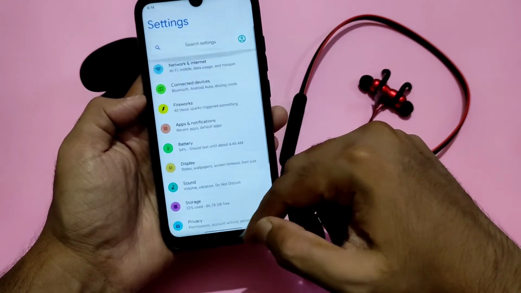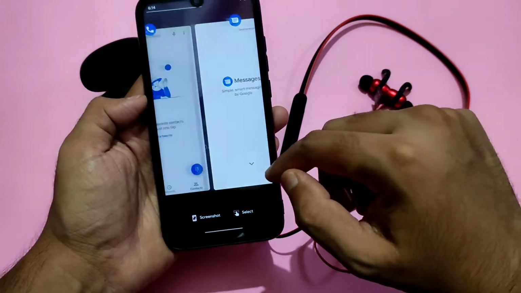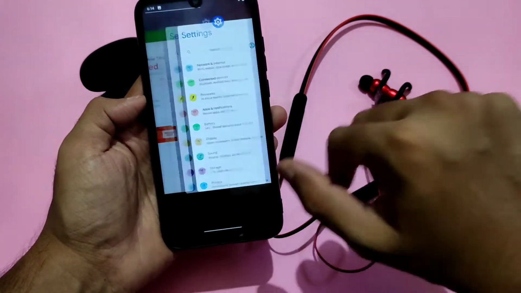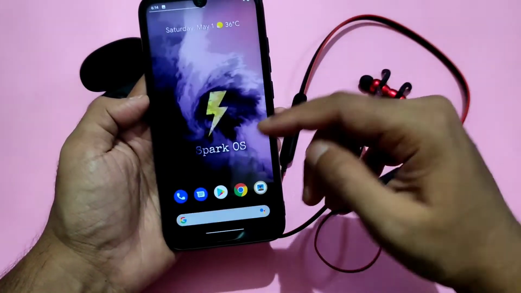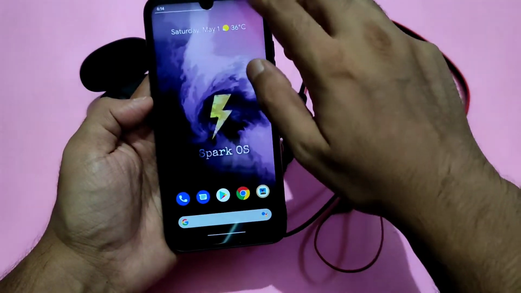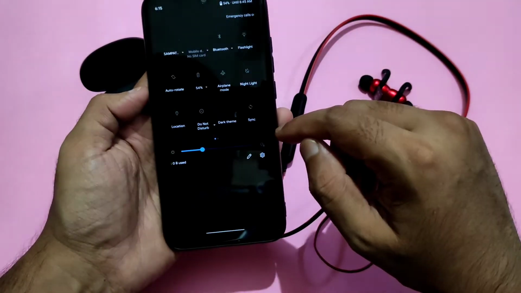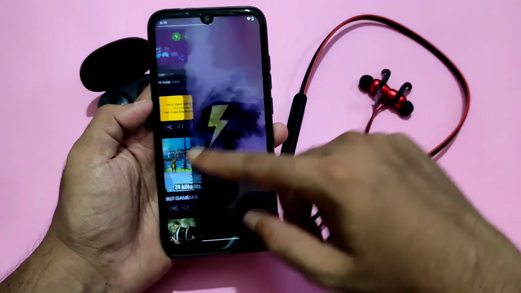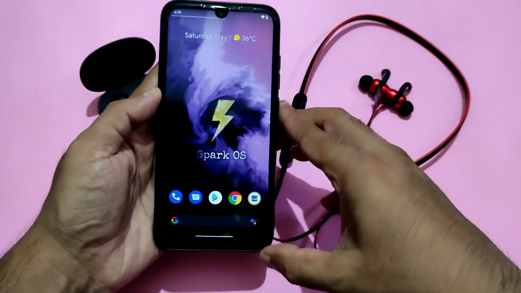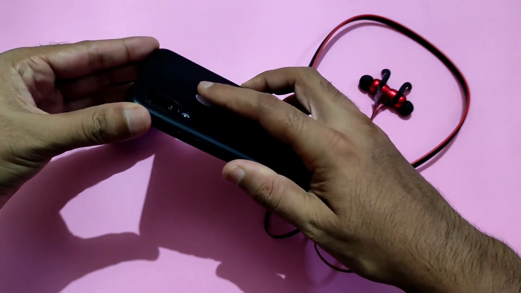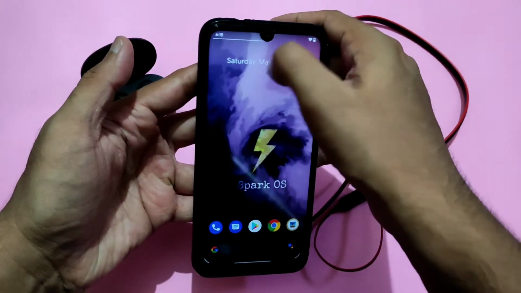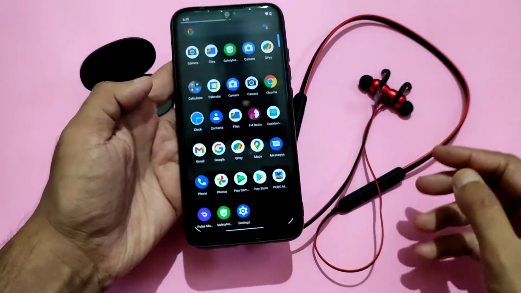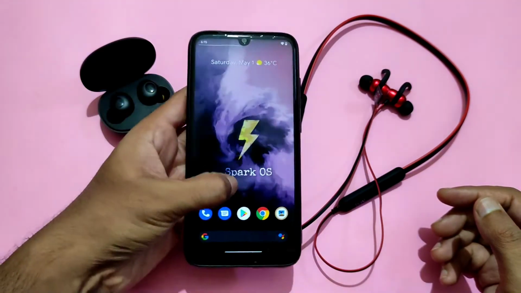And these are the settings you get in this Spark OS Android 11 Thunder version. From here you can take a screenshot, edit and delete it. And you have to clear the previous apps, I mean all the apps. This is how the dark theme works. It's fine. The dark theme is also pitch black, nothing like gray or anything like that. And coming to the fingerprint scanner, as you can see, it's working fine. And this is the battery indicator you get at the top or bottom of the smartphone display. You can adjust it in the settings.